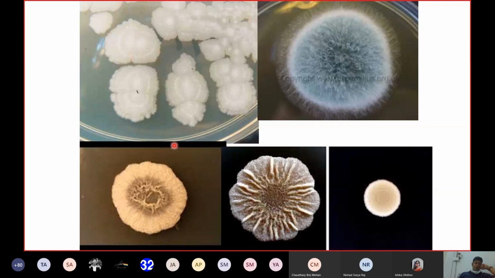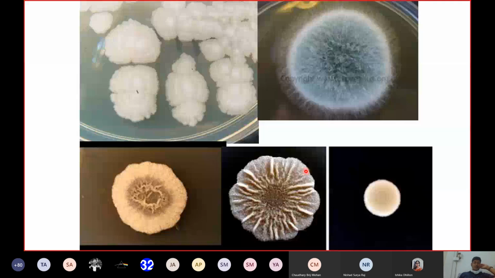Here you can see rough colonies, and again you can see wrinkles at the center. Here also rough, with wrinkles at the center. The margin is not regular, or the margin is not clear. You can see rhizoid types of margin. These things are specific for specific bacteria. So just remember different types of margin are there, and you should be able to define them for a particular set of organisms that we teach you during the class.